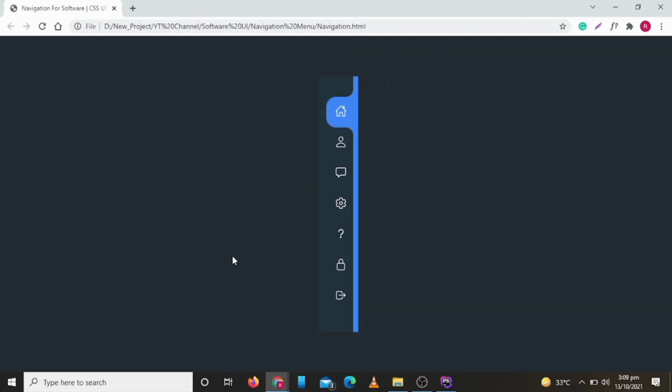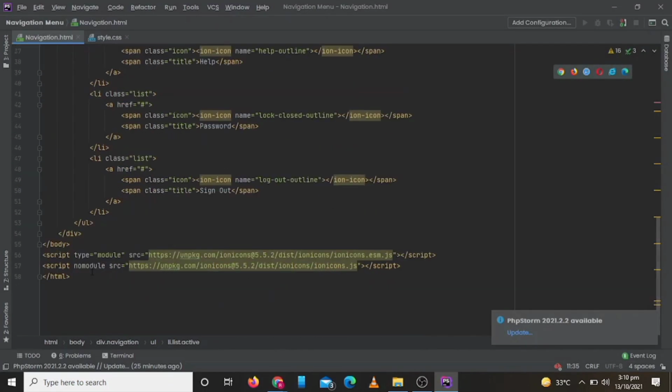So let's add some JavaScript to change our active class whenever we click on any other menu item.